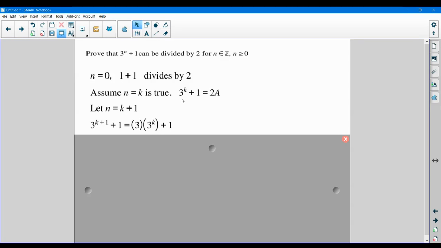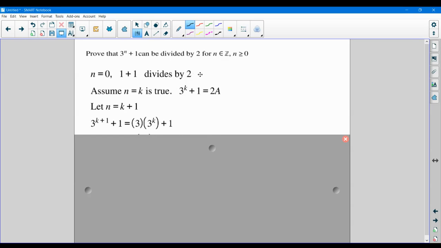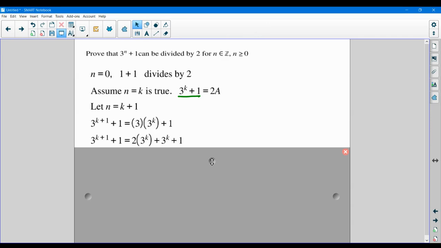Now, I would love to get this part here. If I had this part here, I could replace it with 2a. Well, I've got the 3 to the k, I've got the 1, but I've got 3 lots of 3 to the k. Well, if I was to make this 3 to the power of k, add another 3 to the k on the back. So it's just taking 3 of those and putting one of them here at the back. Now that part there,